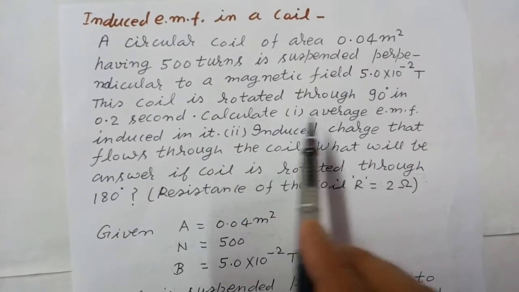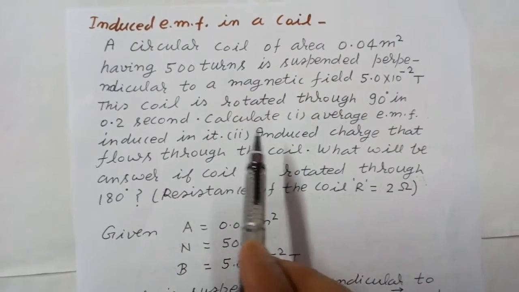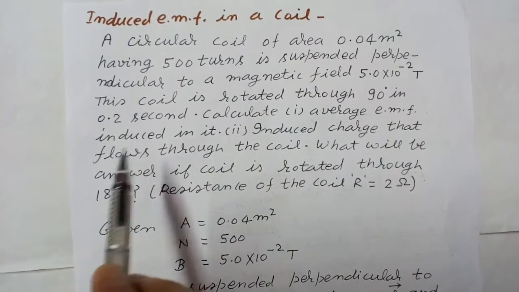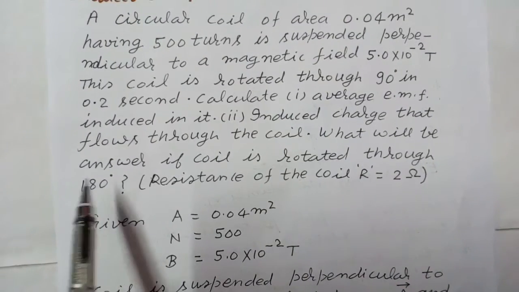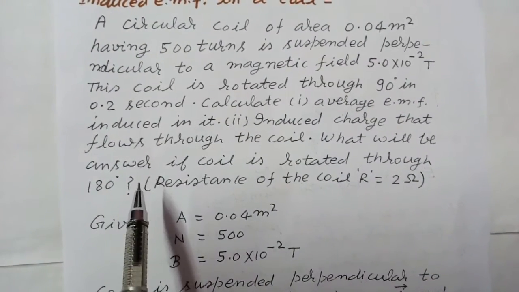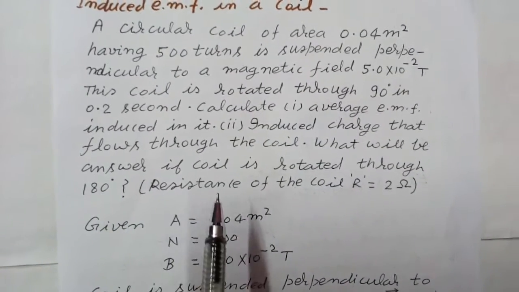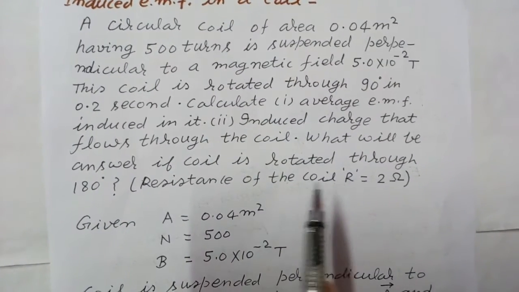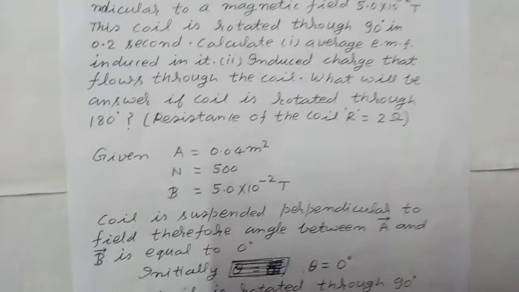Calculate first average EMF induced in it, second induced charge that flows through the coil. What will be the answer if coil is rotated through 180 degree and in the same time 0.2 second? Resistance of the coil is 2 ohm. So in this problem,